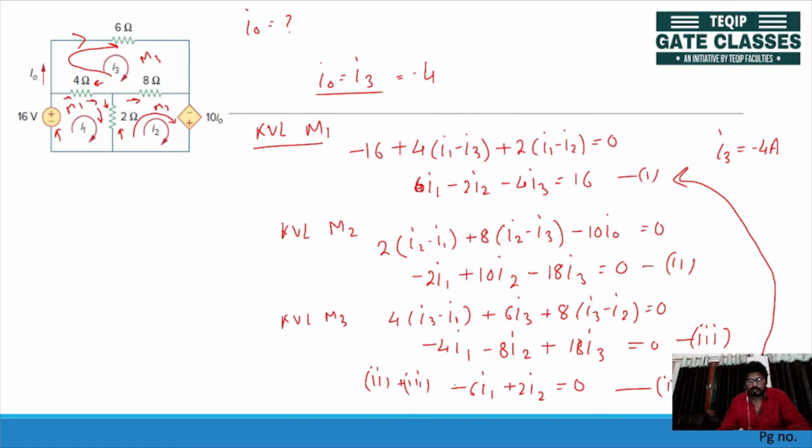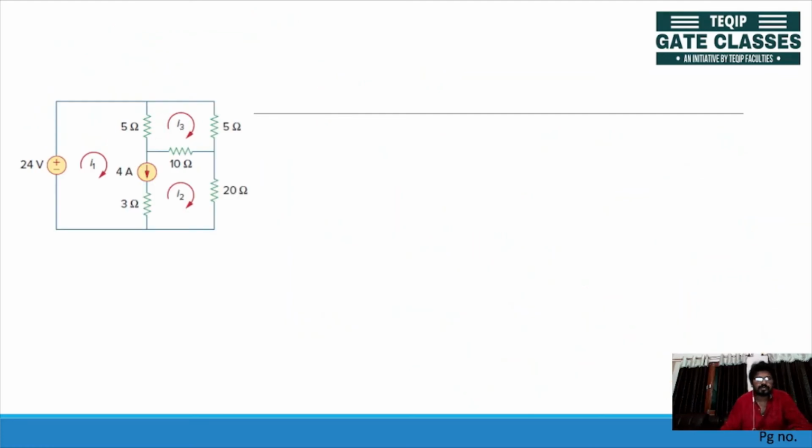Okay, so now as we have discussed the difficulties in nodal analysis, there are some difficulties in mesh analysis also. So what are the difficulties? Let's discuss. If we have a current source in a particular branch which is shared by two meshes, the branch in common between two meshes, then there is a problem, and we have to apply a super mesh.